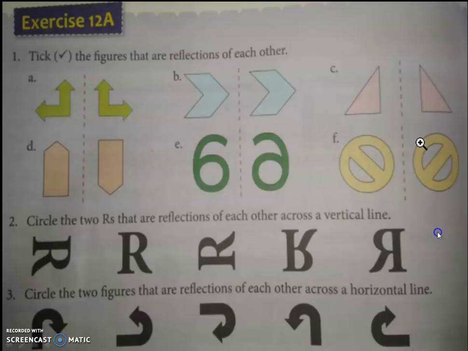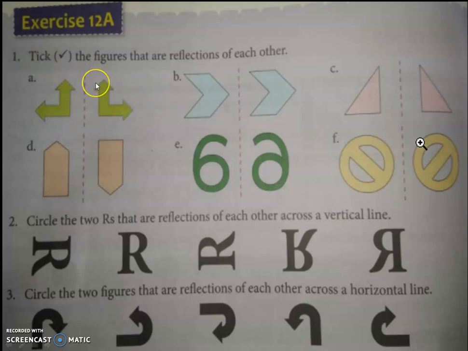Now we have an exercise in this. For these, we are going to find the image which is reflected. Once it is reflected, it is called an image. When it is reflected, it shows in the opposite direction. See here, the arrow mark shows on the left hand side. Here it is on the right hand side. So yes, it is a reflection.